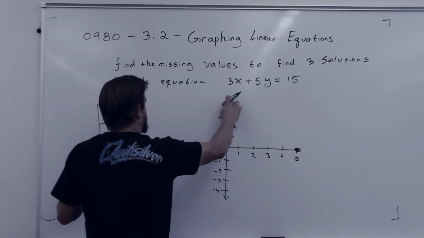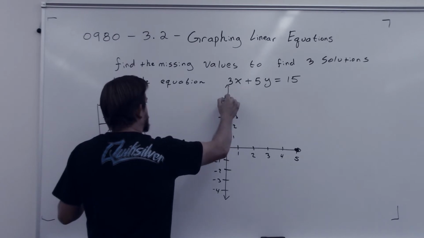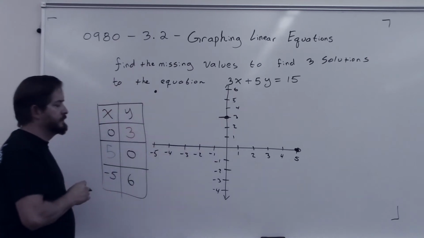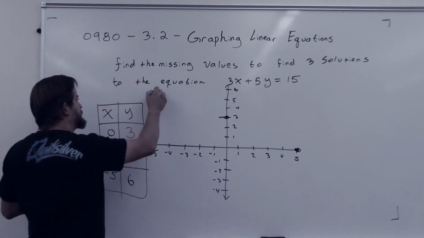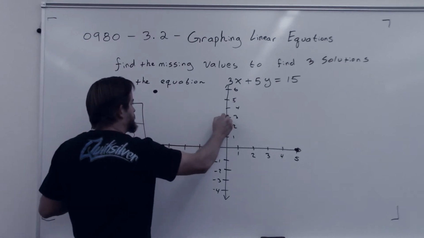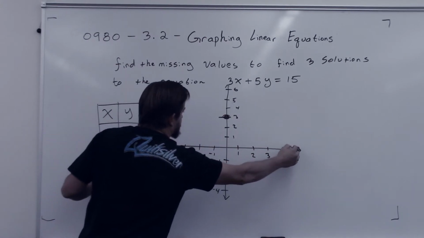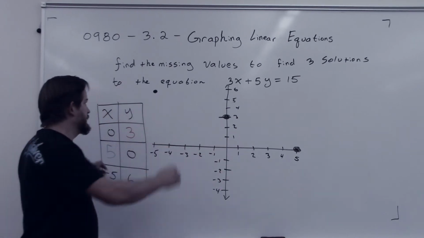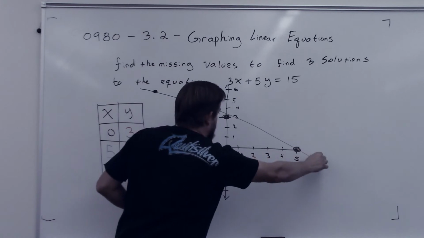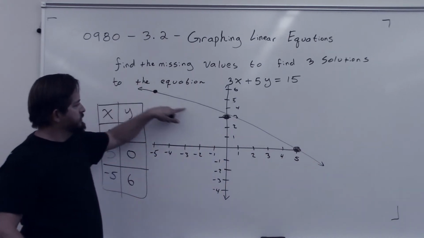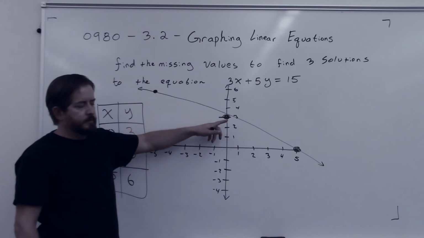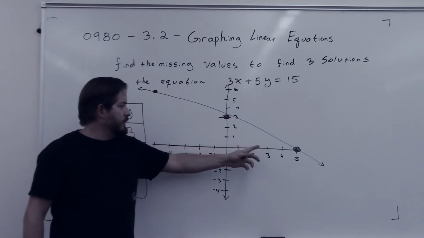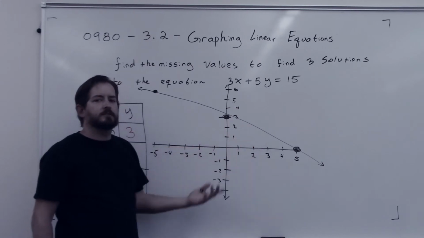I didn't draw my graph very well here. Negative 5, 6 would be there. Okay. So I have 3 solutions graphed here. There's one, there's the other, and there's 3, right? But you'll notice that these fall in a line, right? I can draw a straight line. I can sort of draw a straight line. That's sort of what I missed, but forgive me. But this line that I can draw through all of these, any point on this line is also a solution,